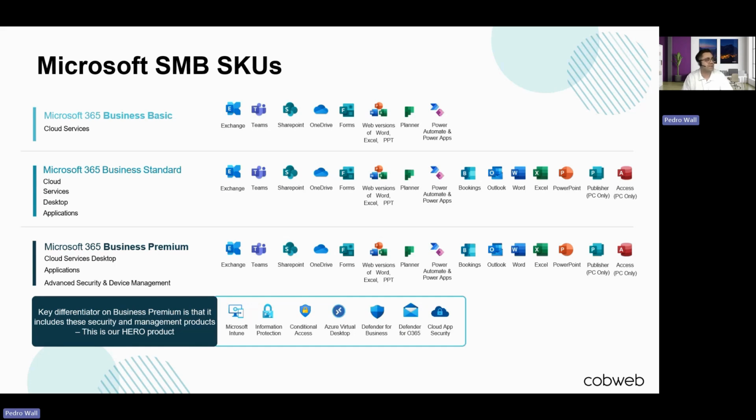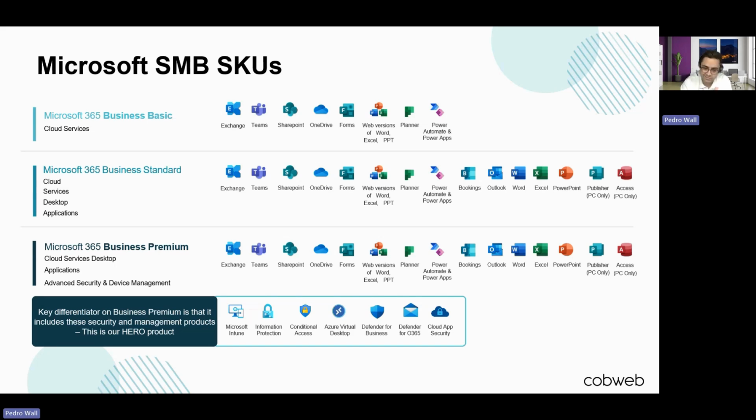this is a great little breakdown between each of the SKUs. So in SMB, you have Basic, Standard, and Premium. At the basic entry level, you're going to get more of the cloud applications that you can utilize, but not desktop, so you don't get downloadable desktop applications. As we move further down, Standard starts adding a little bit more into the mix with a lot of other productivity tools, as well as desktop applications. But the real thunder starts coming through with Business Premium,